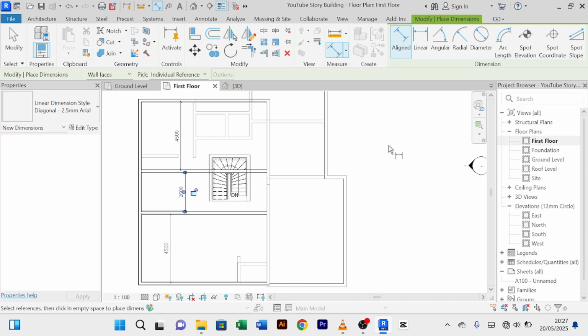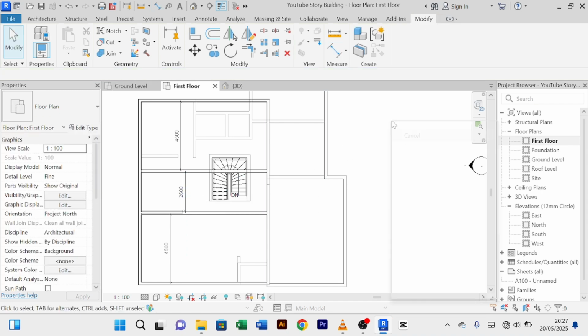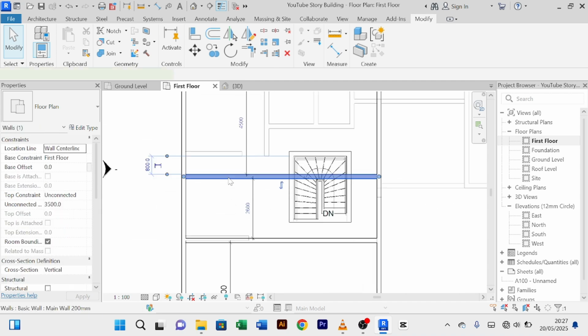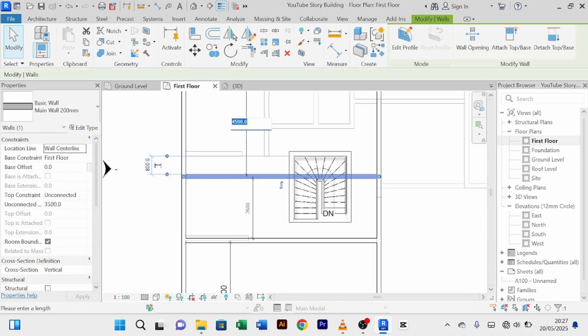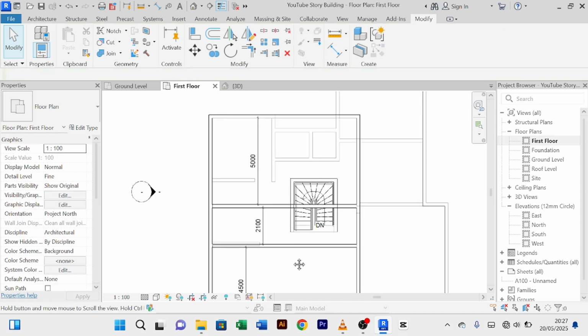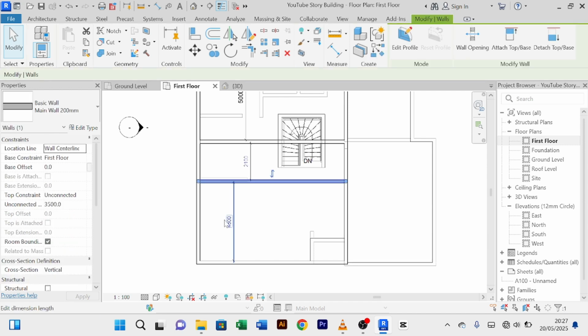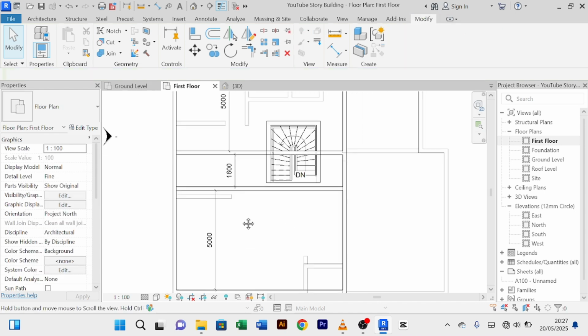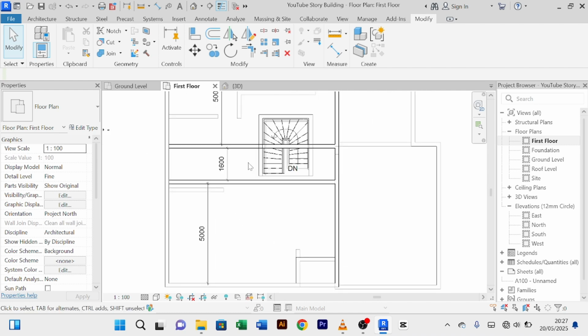We have 2.6, and that's a lot of space. So we are going to push these ones to 5 meters big. This one also 5 meters, so that we have large rooms. So yeah, now we have this, and we're going to create